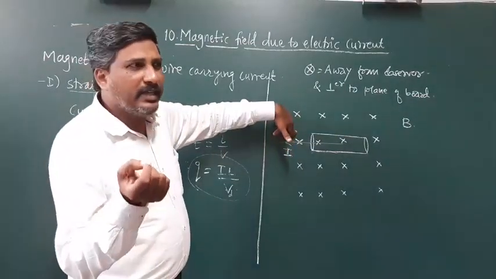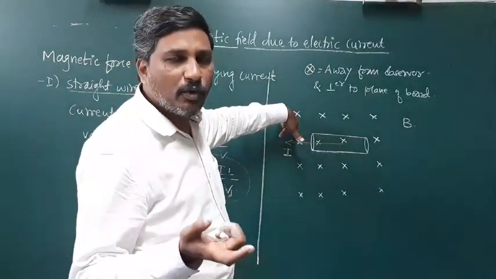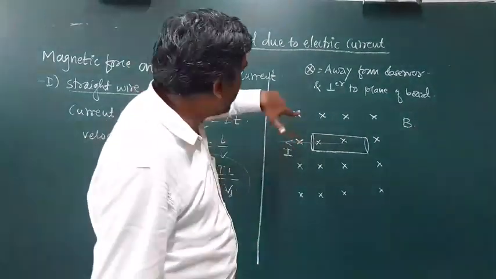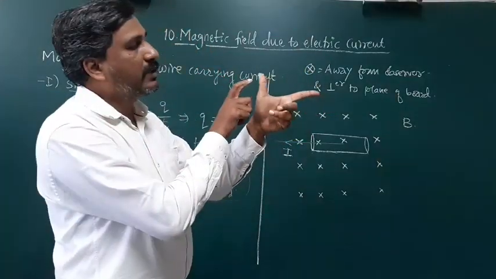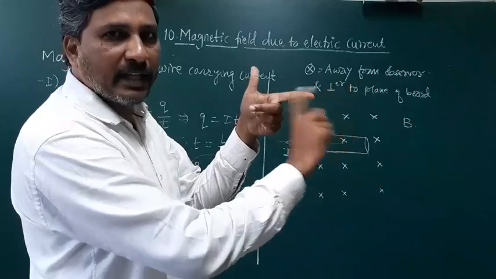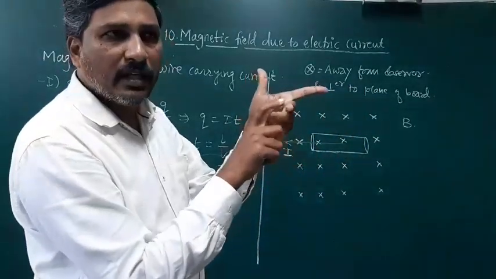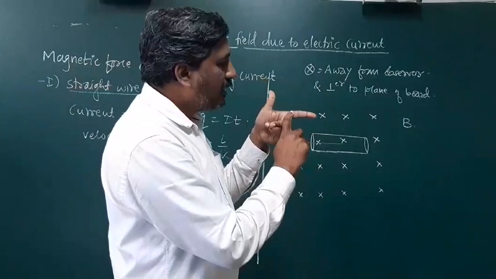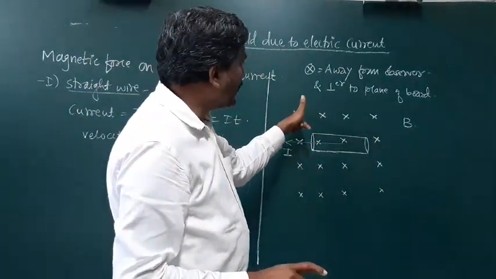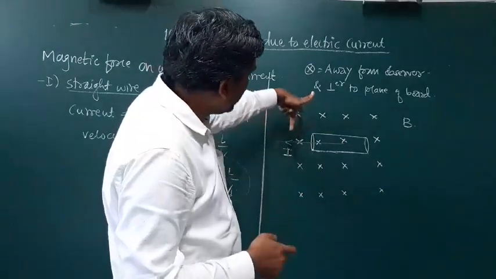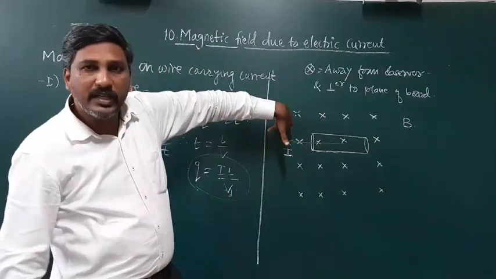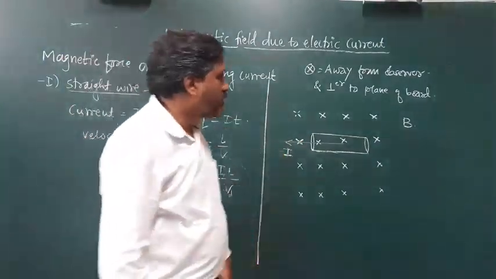Some very tricky examples are there. In those examples the question is asked, what is the direction of force? So simply remember again, the thumb indicates the force, the first finger indicates the magnetic field, and the middle finger indicates the amount of current. So see here, magnetic field, first finger, so that first finger is directed inwards because that is away. Then the middle finger indicates the current, then the force is in the downward direction. So it is very simple.